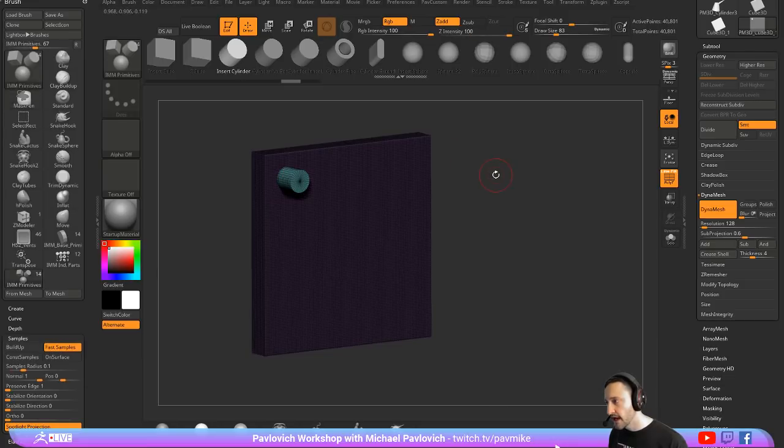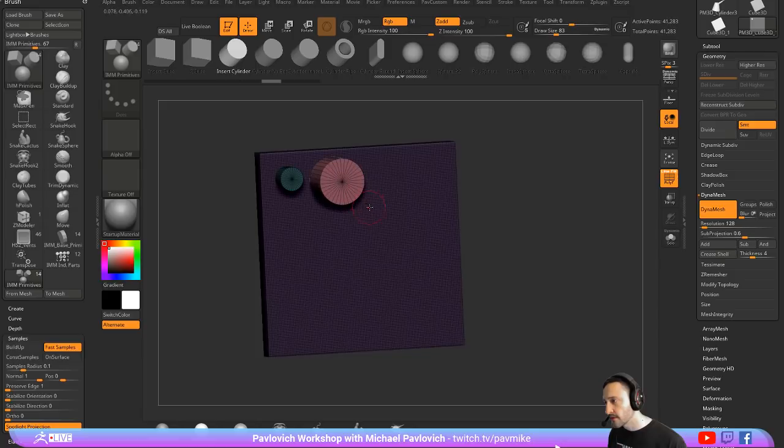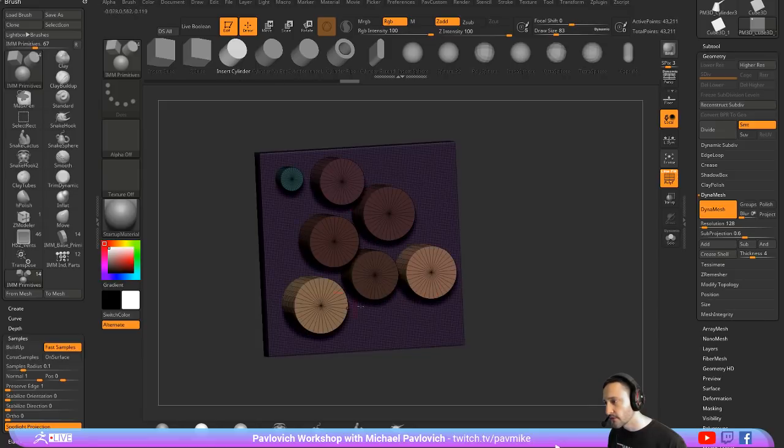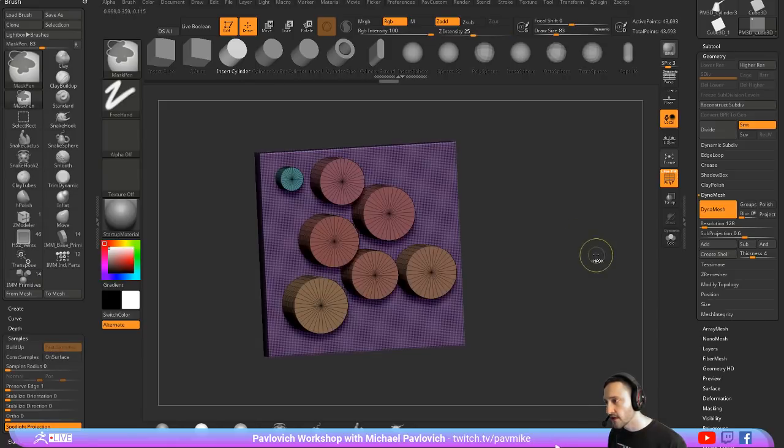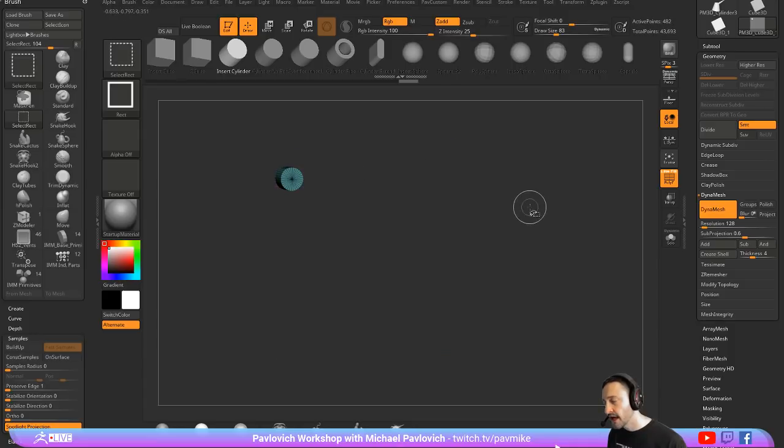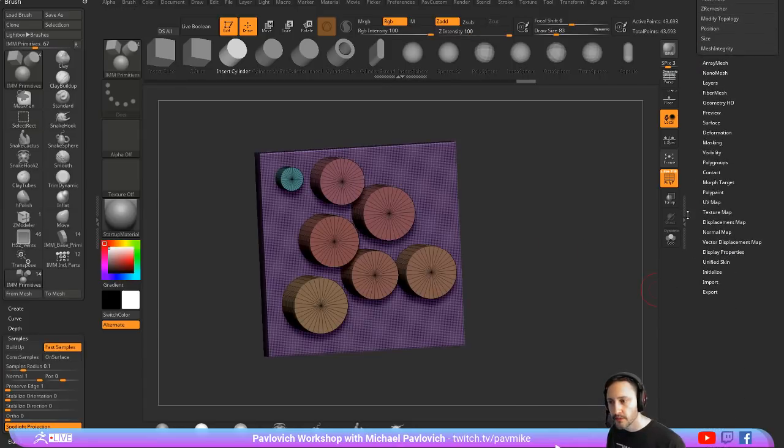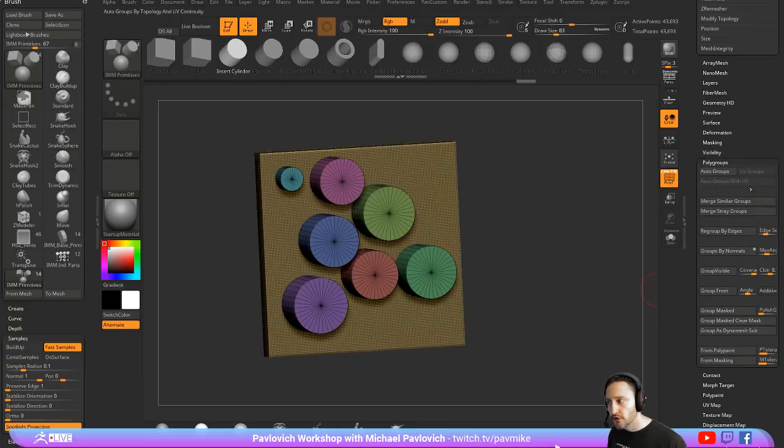If I undo that, and we just have this one sitting here, since it's its own polygroup, every time I drag out, it gives it a different polygroup here. So if I Control drag to unmask and then hold down Control Shift, I can isolate any one of these separate polygroups here. In fact, if we go to the polygroup menu and we do an auto groups, anything that's